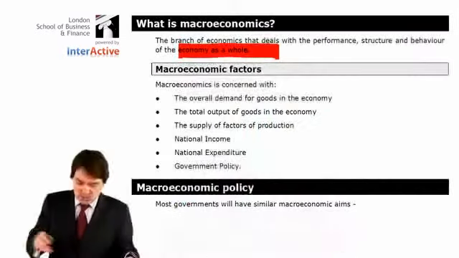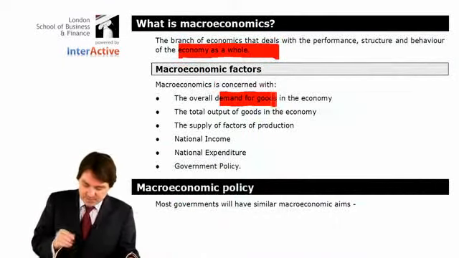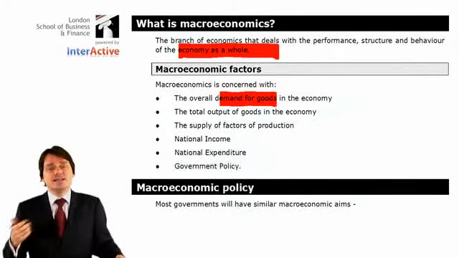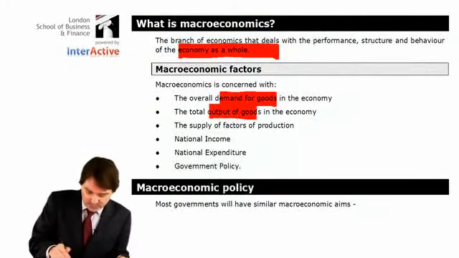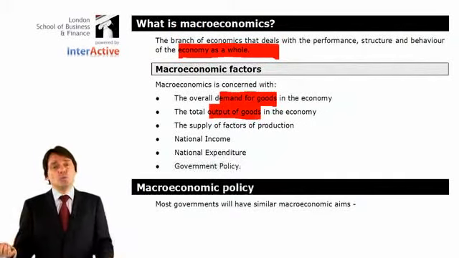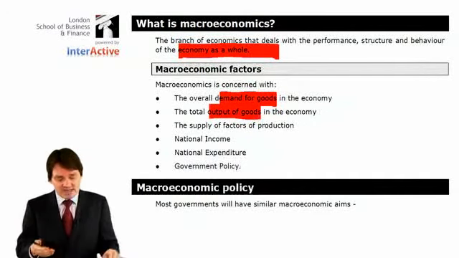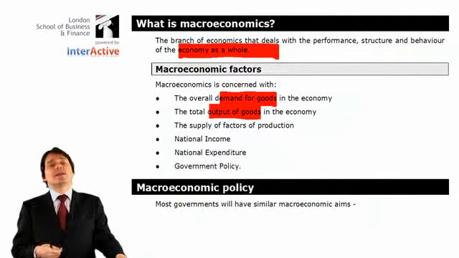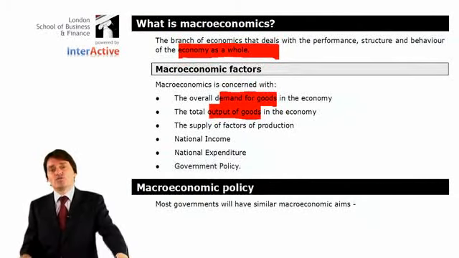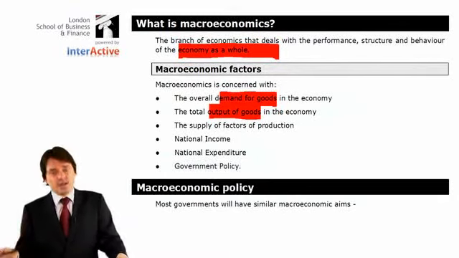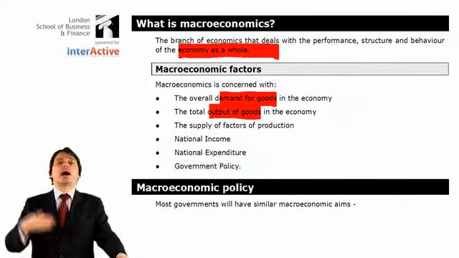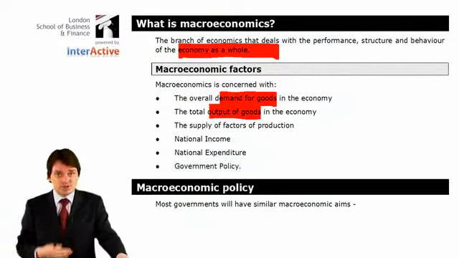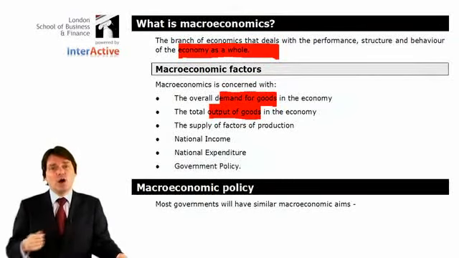The kind of things that we're looking for: demand for goods. Is it going up or down? Output of goods. How much do we produce? Now, obviously, if we demand more than we produce, we are going to have to get those extra products from somewhere. That's what they tend to be talking about when they talk about us importing products. It's because we can't make enough at home.